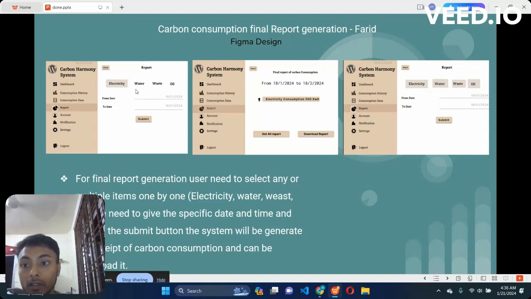Then they can select any item from there. For example, if they select electricity, it will create a user field. Then they should give the exact time. For example, if they want to know the status of the electricity, they have to give the exact time, and hit the submit button, and then the system will create the status of their carbon consumption for the specific time. First of all, they can download the report